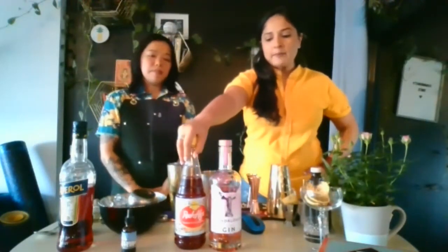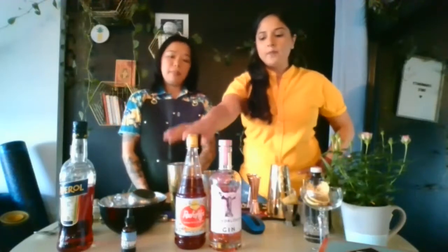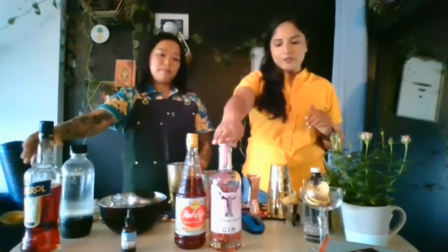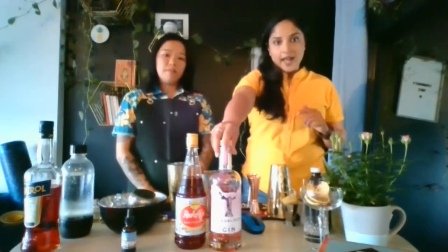So Rooh Afza is basically a sweet syrup, and it contains rose, orange, carrot, coriander. It's very aromatic, so it's very refreshing, and the aromas are very floral. So I'm like, it'll be perfect with a cocktail. So we kind of messed around, and we were just talking to our friend who dropped us a bottle of GlenDalough Rose gin, and I'm like, this will be perfect because one of the main things about